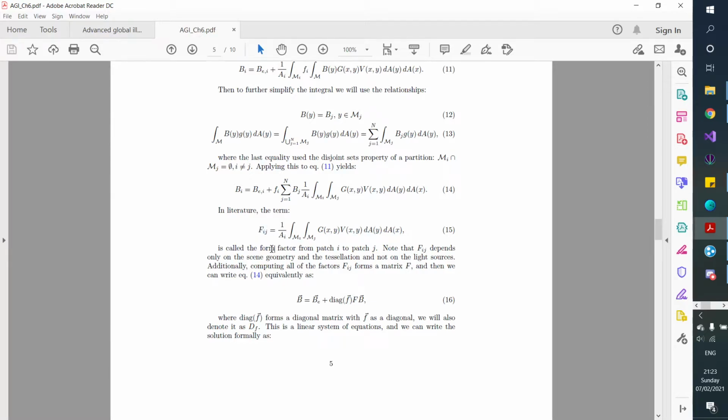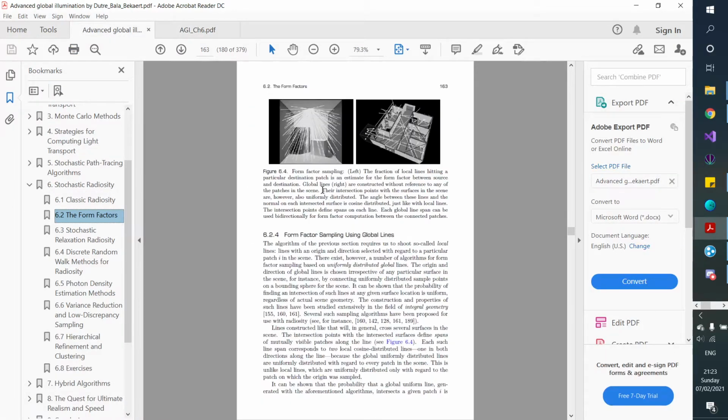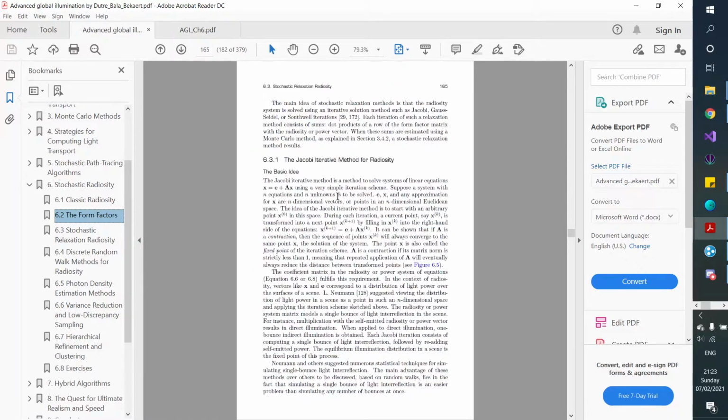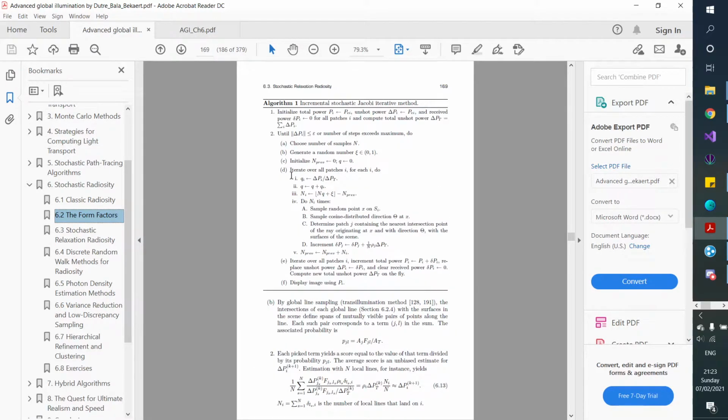And for that reason, people usually don't want to store it, even if it is sparse, because some triangles may not see each other, so that may be 0 for some triangles, so then you have a 0 term there. So in most cases, people don't want to store that matrix, so what they do, while trying to solve this equation, is they simply approximate one row at a time. And they do that stochastically, and you can see that in, where is that algorithm? For example, in this algorithm,